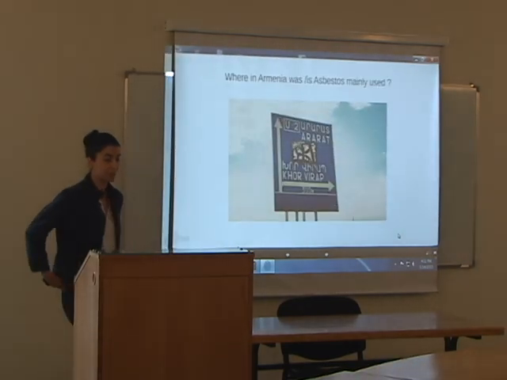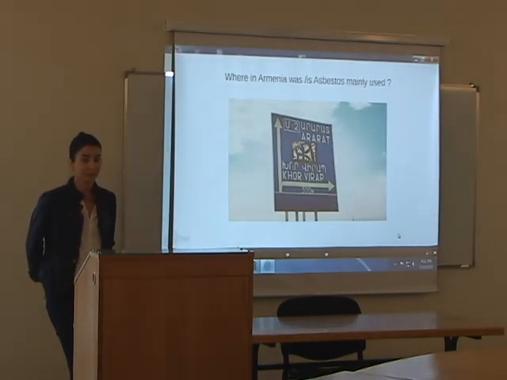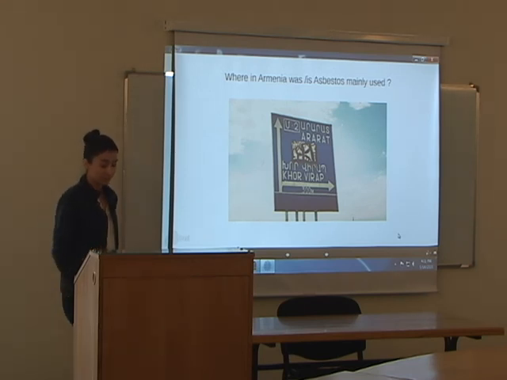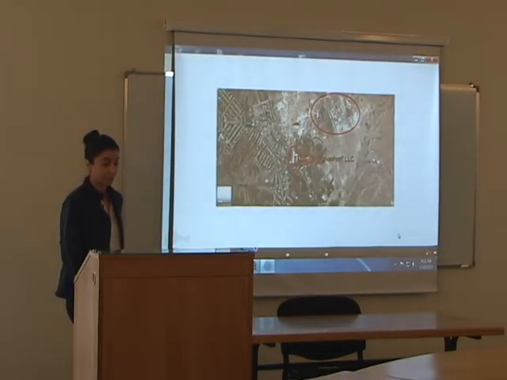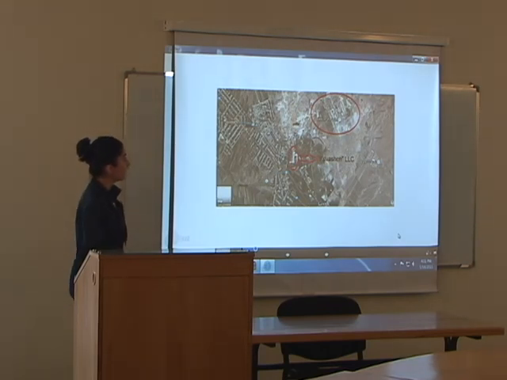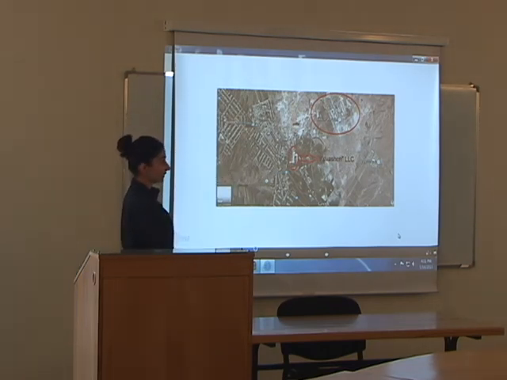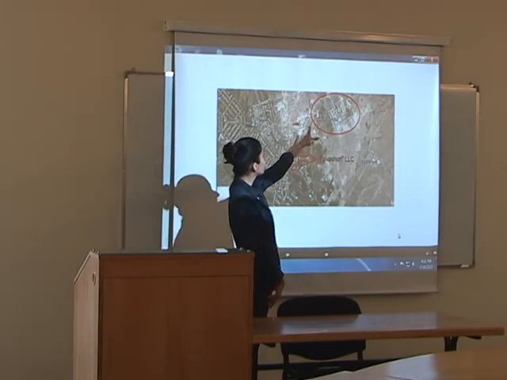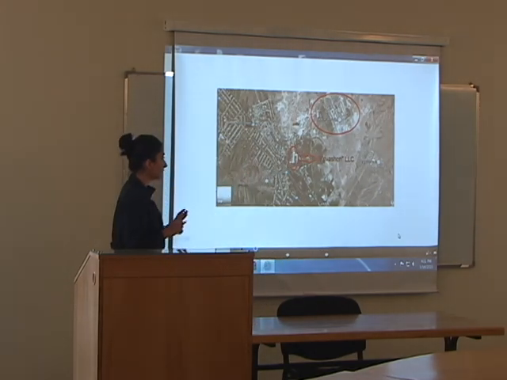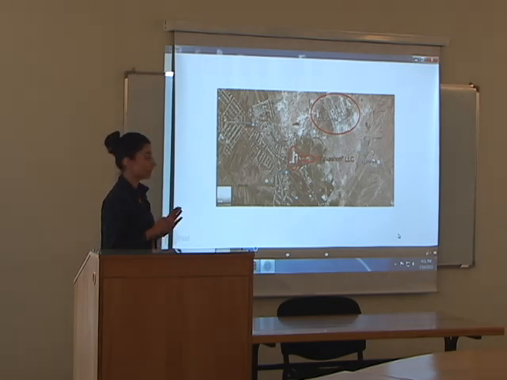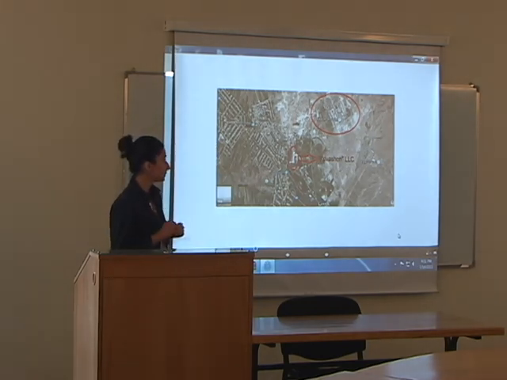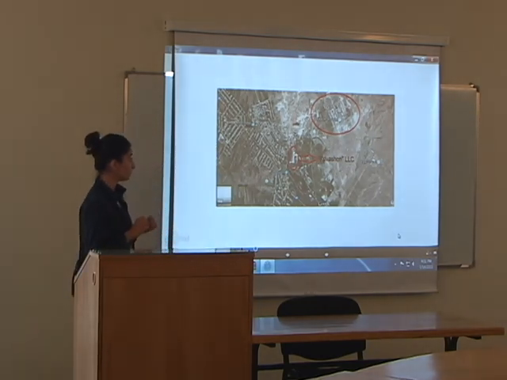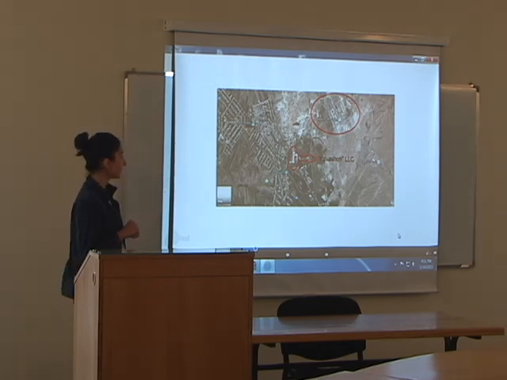To get more information on where exactly asbestos is used, we went to our province. It's an industrial province in Armenia. Even during Soviet time, we had a couple of factories there, and 2 of them are operating till now. The one here is a cement factory. Now this factory produces only cement, and this cement does not contain any asbestos. And this small factory, which operates now, is Kavashan. Both of them are private. This one produces